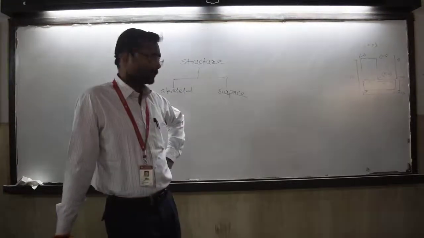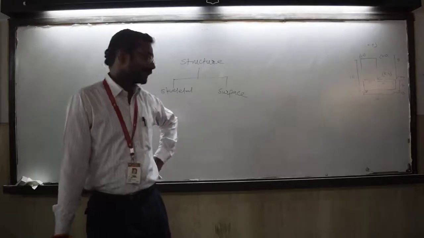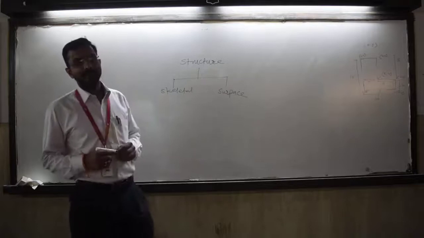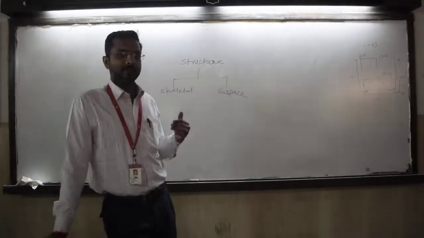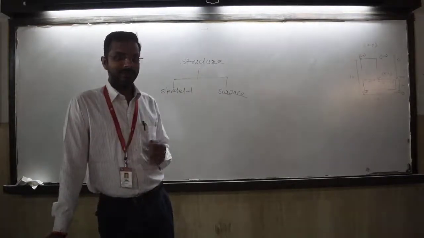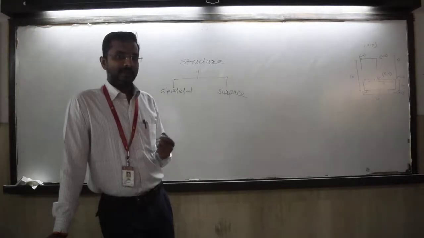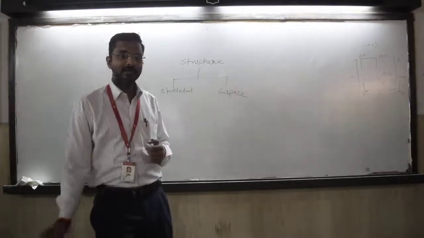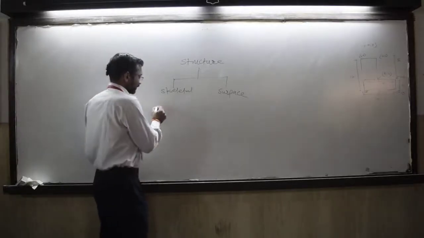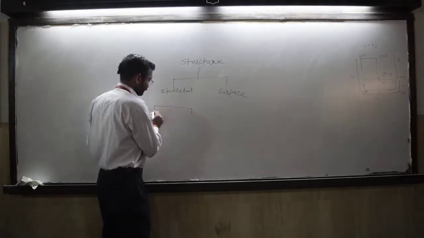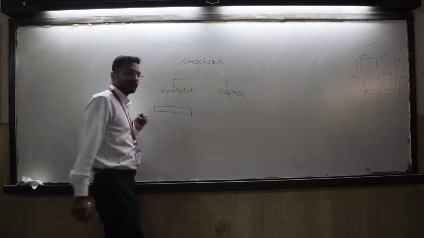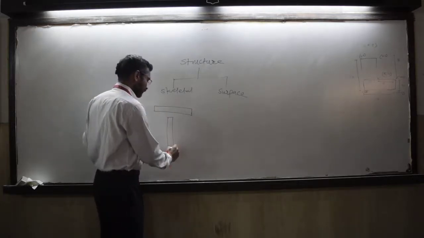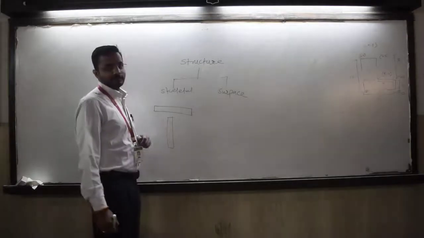Second category is surface structure. Now in skeletal structure, there will be different line elements meeting at a joint. Now when you are talking about a line element, it means that compared to the other two dimensions, one dimension will be continuously larger. Now if you talk about a beam, it's a good example of line element, or if you talk about a column, again it is a good example of line element.